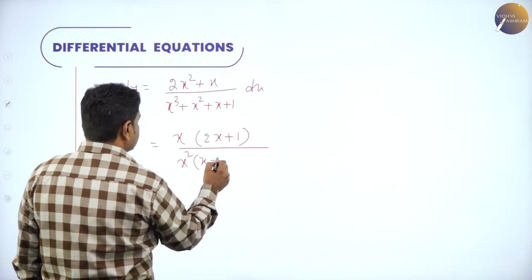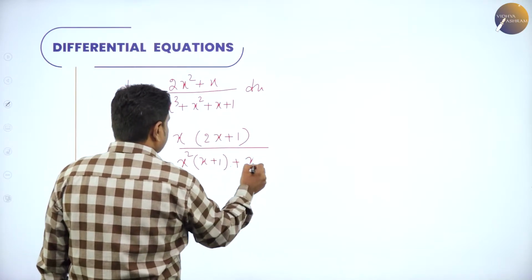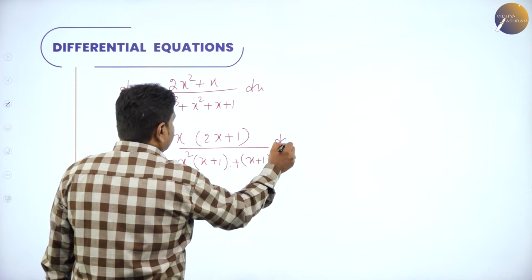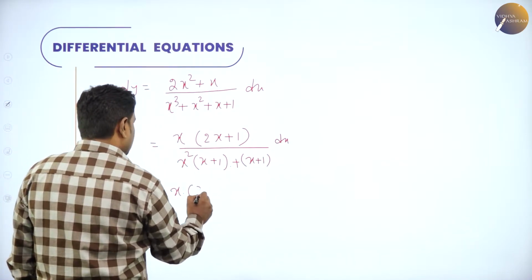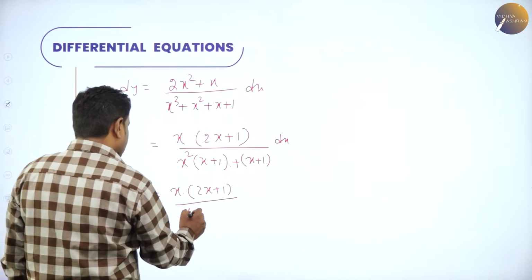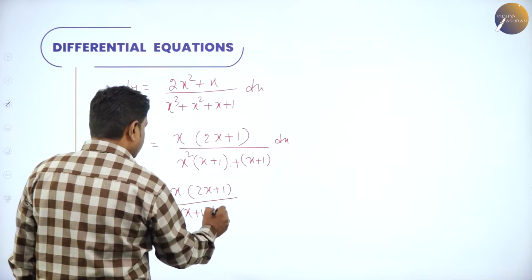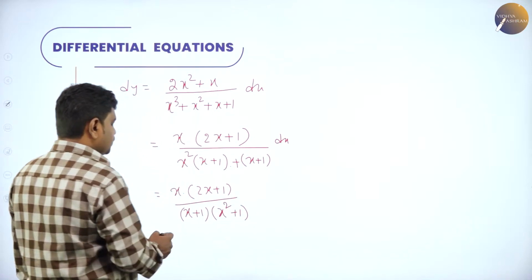So it will become x plus 1 plus x plus 1. Again in denominator x plus 1 you can take common, x into 2x plus 1 divided by x plus 1. If I take common, I will be left out with x square plus 1. So now you can observe,